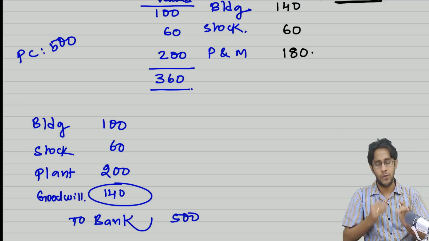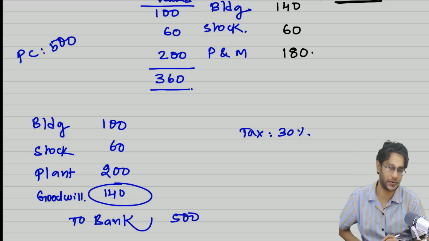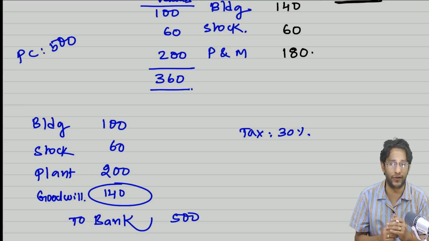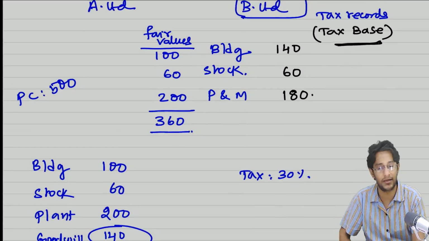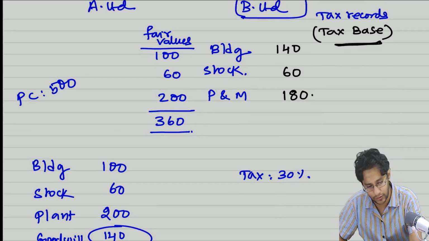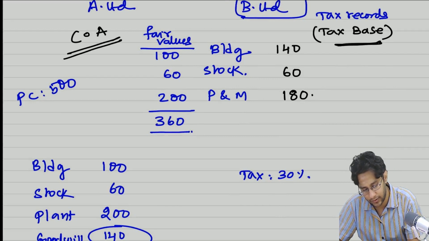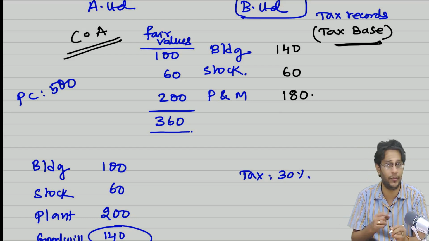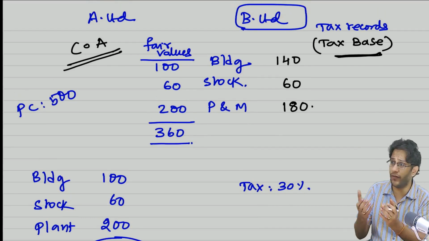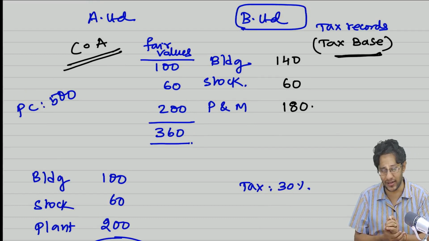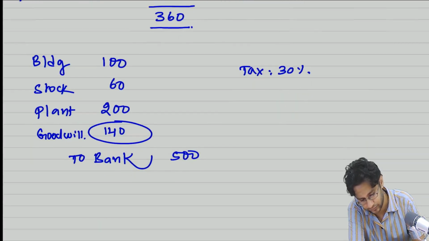Okay. But what if the question tells you that there is a tax rate of 30%? So now we have to consider tax effects also. Sir, what are the tax effects? Look at this. These fair values of 200, 60, 200 will now become the carrying amounts for A Limited. These are all fair values only, but they are now becoming carrying amounts. And what advantages or disadvantages you have in taking over this is, apart from you getting assets, you will have some future tax consequences also. So let us see.